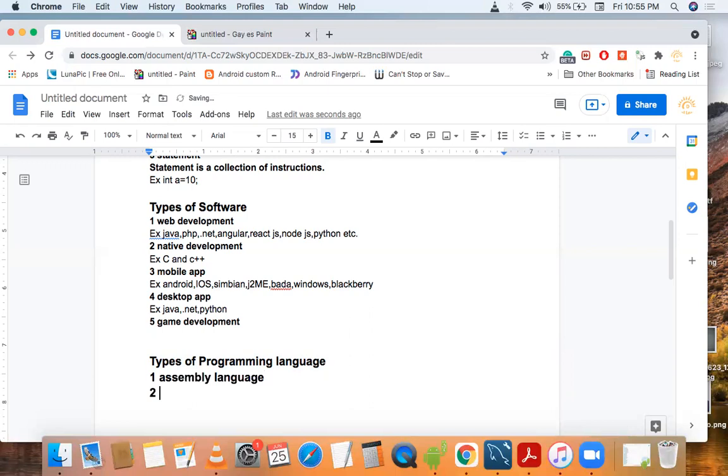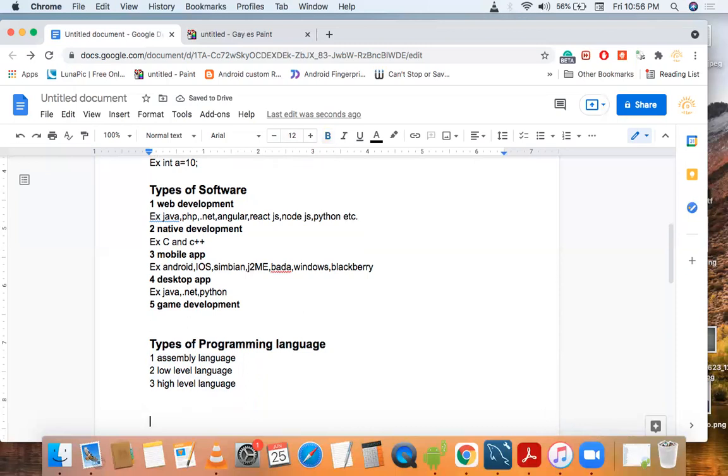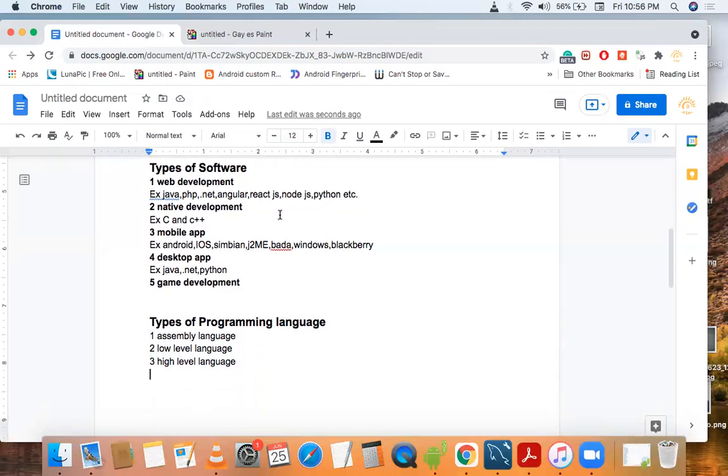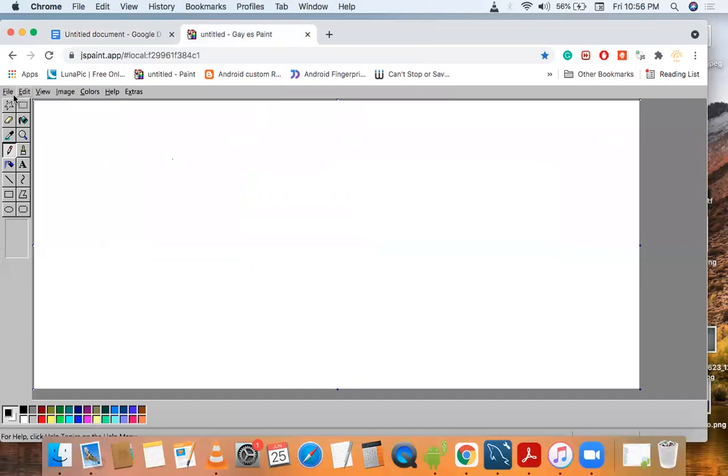Second one is low level language. Third one is high level language. So now we will learn what is a high level language and what is a low level language. We will learn it by a diagram.